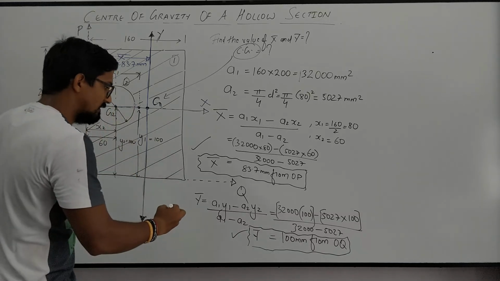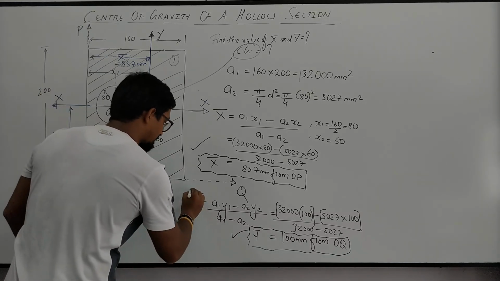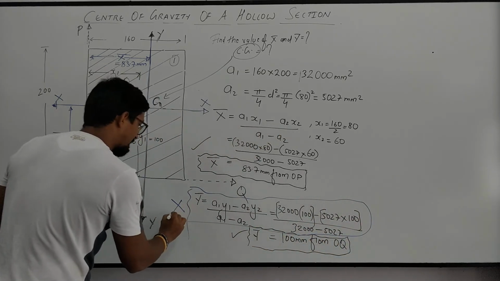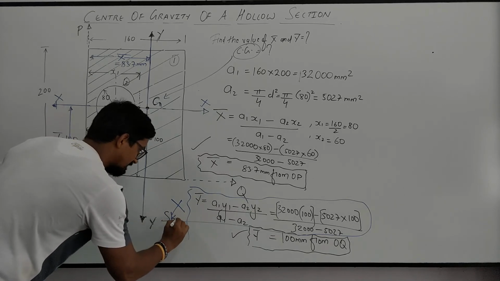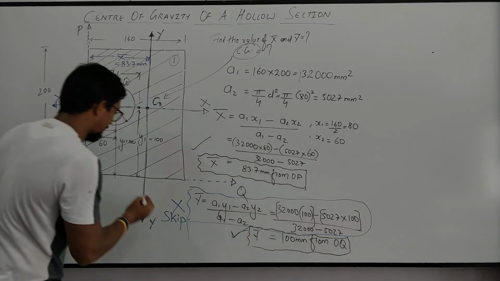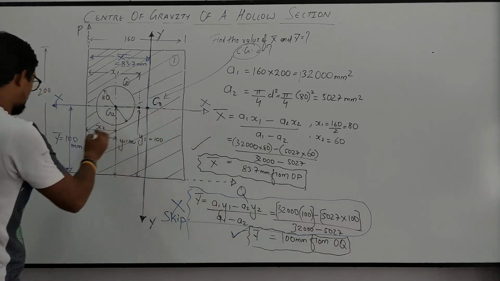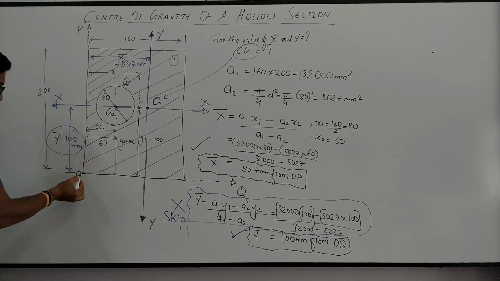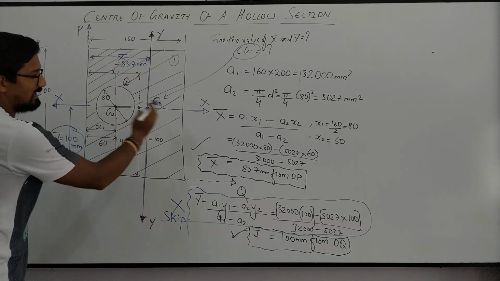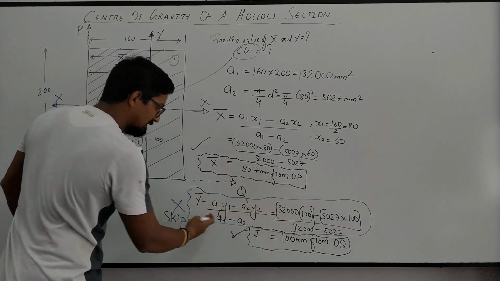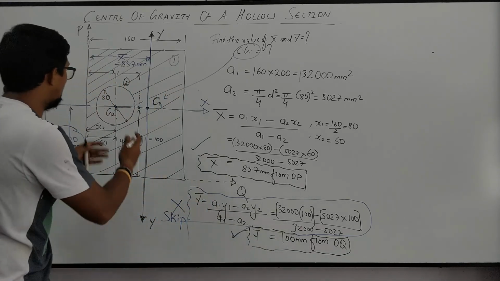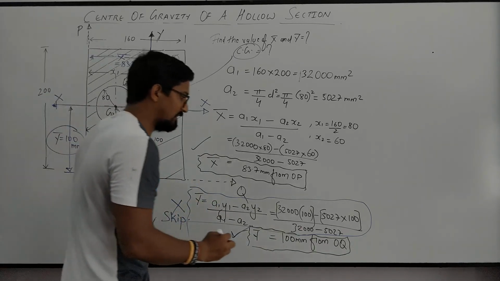So this step could have been skipped. We can skip this and directly write Y bar is equal to 100 mm from OQ. Why? Because we know that the figure is symmetrical about the XX axis. So if we don't do all this calculation and directly write Y bar is equal to 100 mm from OQ, then it is also right, but we have to give the reason: